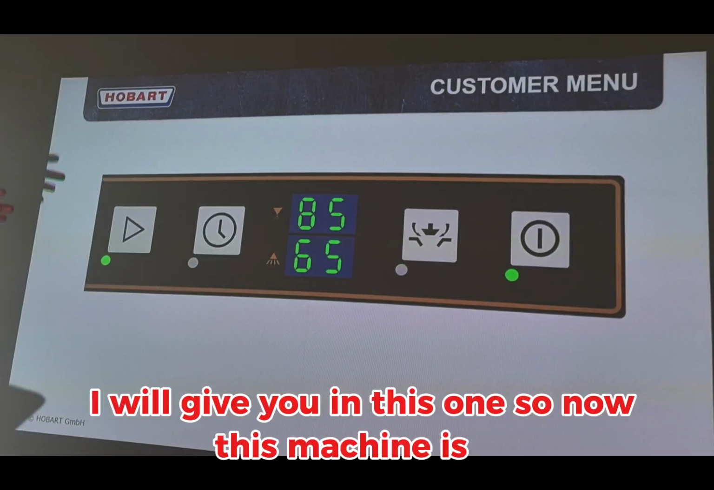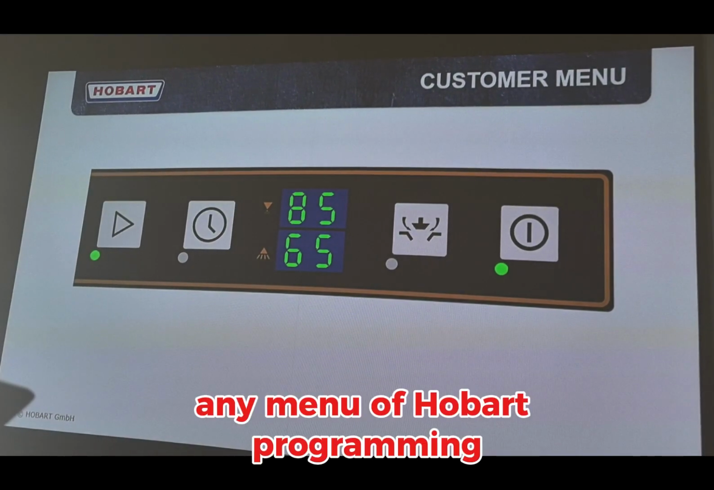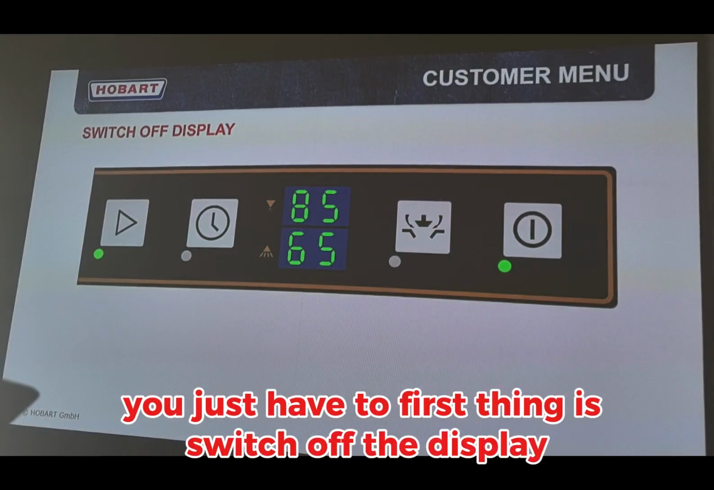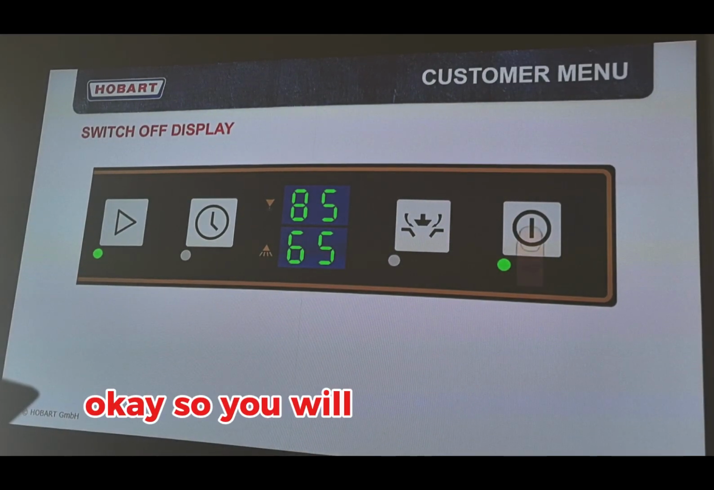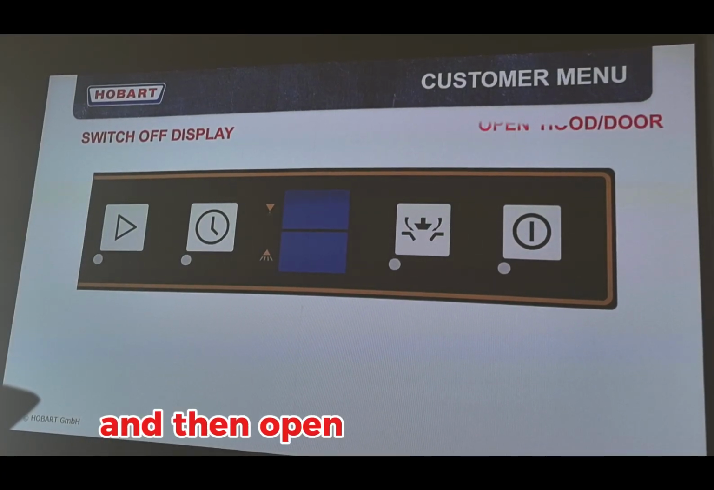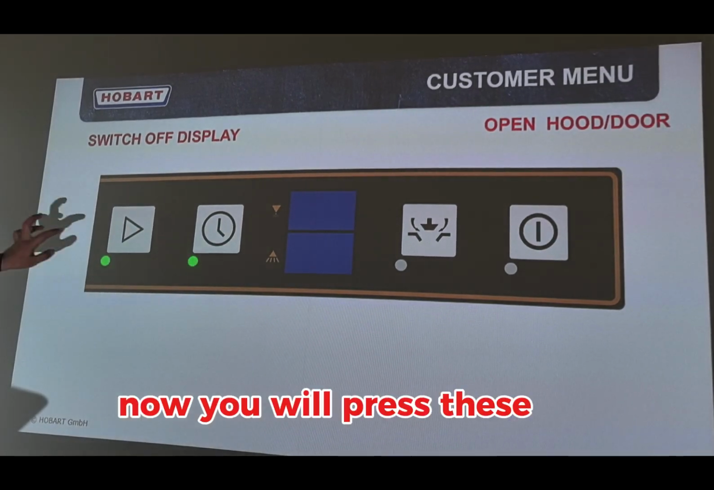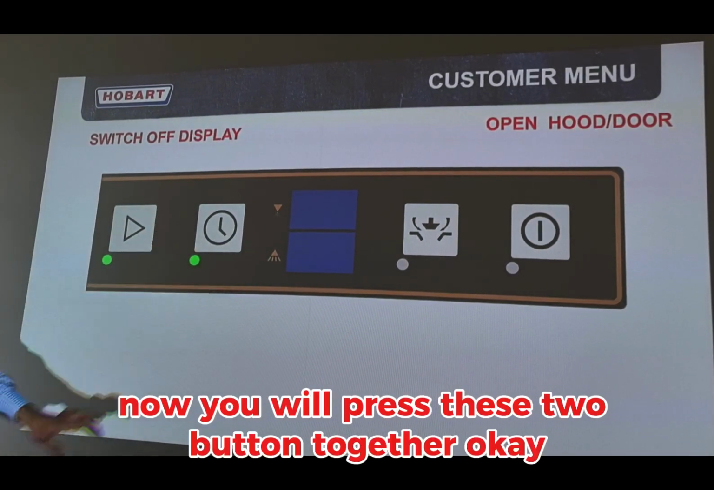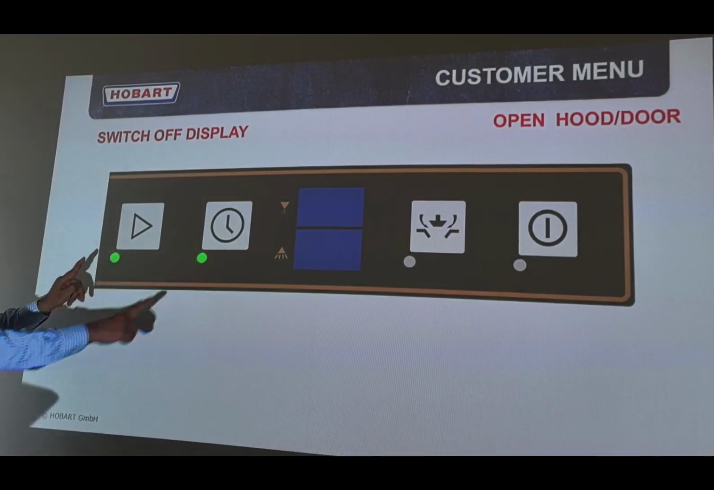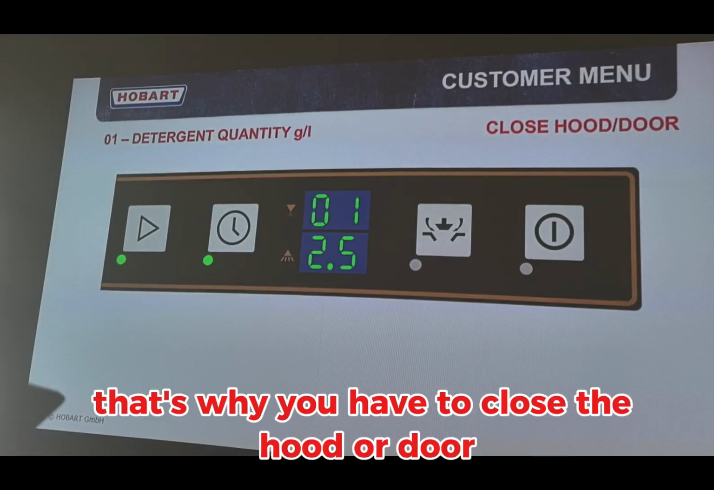So now this machine is on, for example, and you want to get into any menu of Hobart programming. First thing is to switch off the display. So you press the button, the display is off. Then open the hood or door, whatever is there. Now you press these two buttons together, and then it brings the lights on. Now the hood is open, that's why you have to close the hood or door, and then it brings